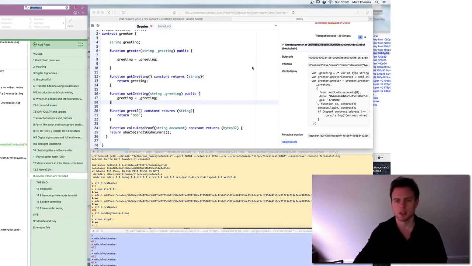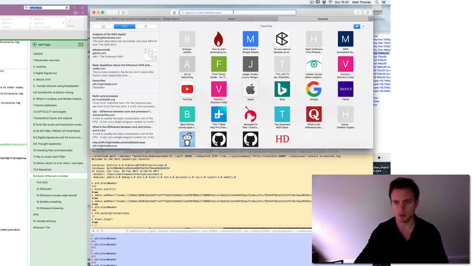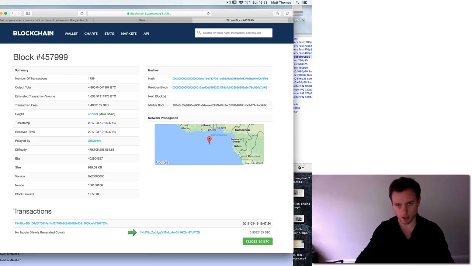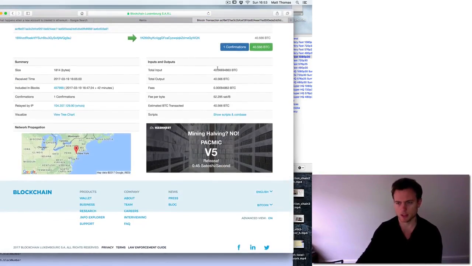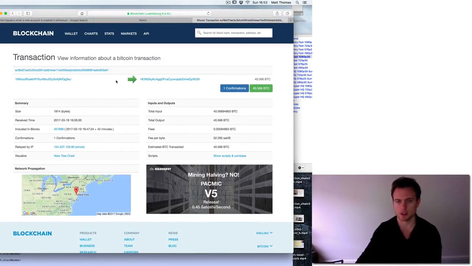that kind of thing. So if you see some of my Bitcoin videos, then you'll probably be quite familiar with the blockchain.info website, which is an explorer of the Bitcoin blockchain, and the fact that you can browse around in these blocks and dig into individual transactions and see exactly what the inputs and outputs are is something I really like doing for Bitcoin. And so I've found a way to, which is obviously not written by me, but I